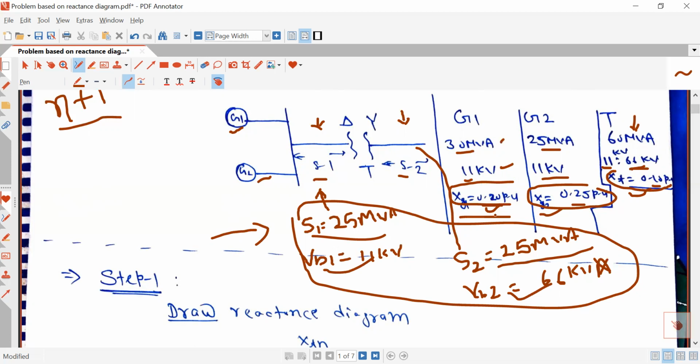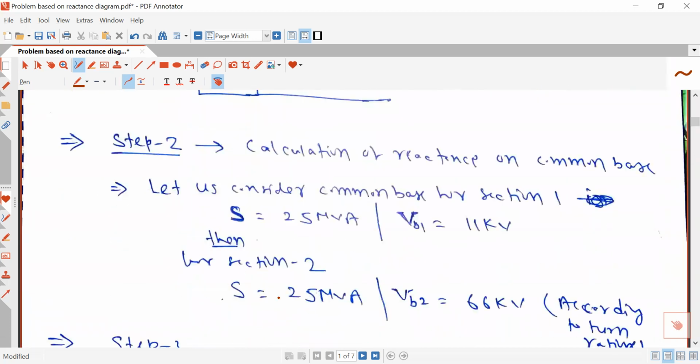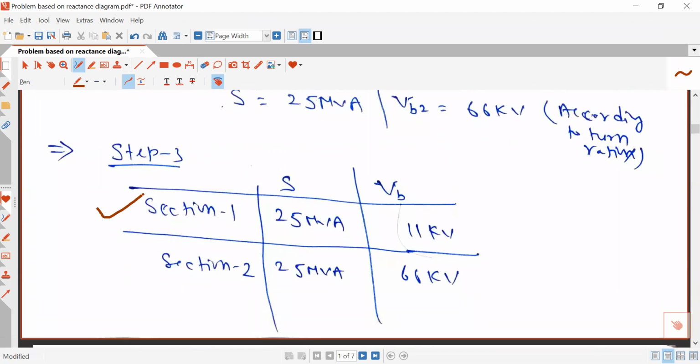But you want this reactance on this base because generators are in section 1. So base value for section 1 is this. So you have to prepare table for the base value of different sections, and on this base you have to convert all the reactances, and the formula is X, the value of reactance in per unit system